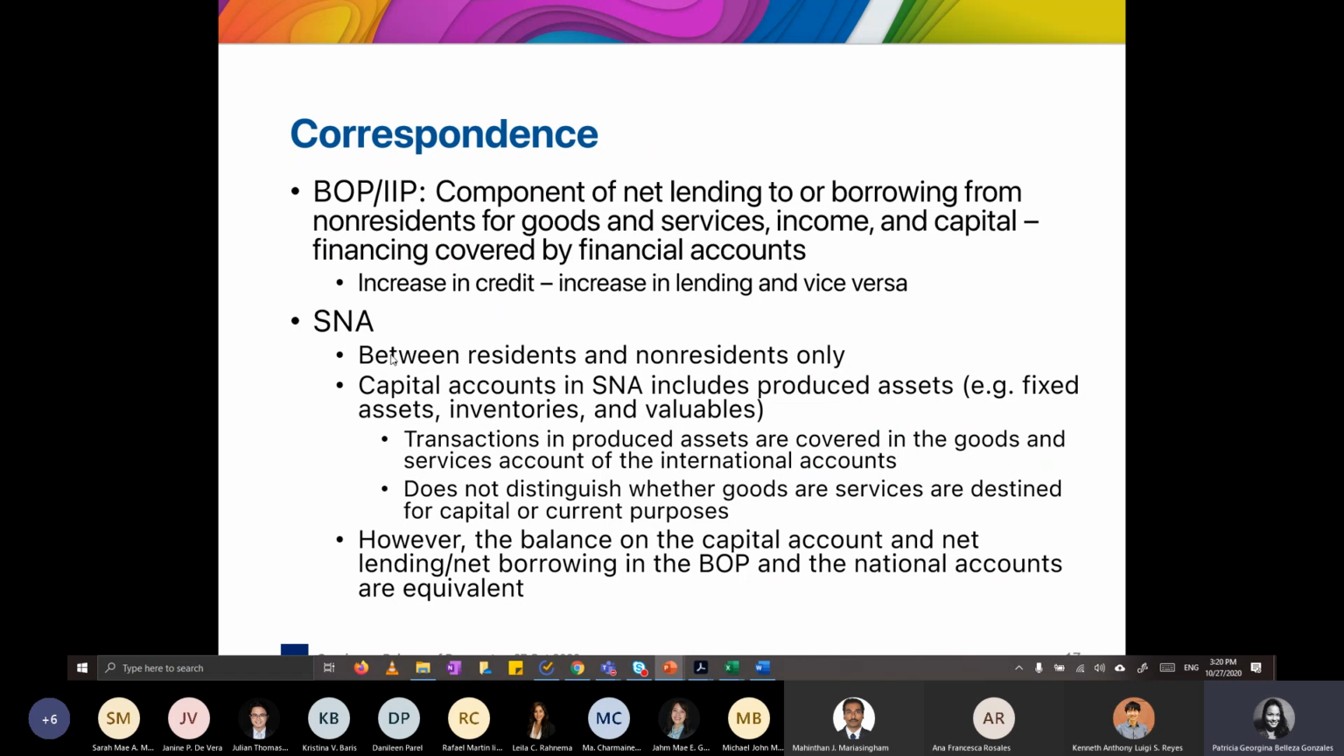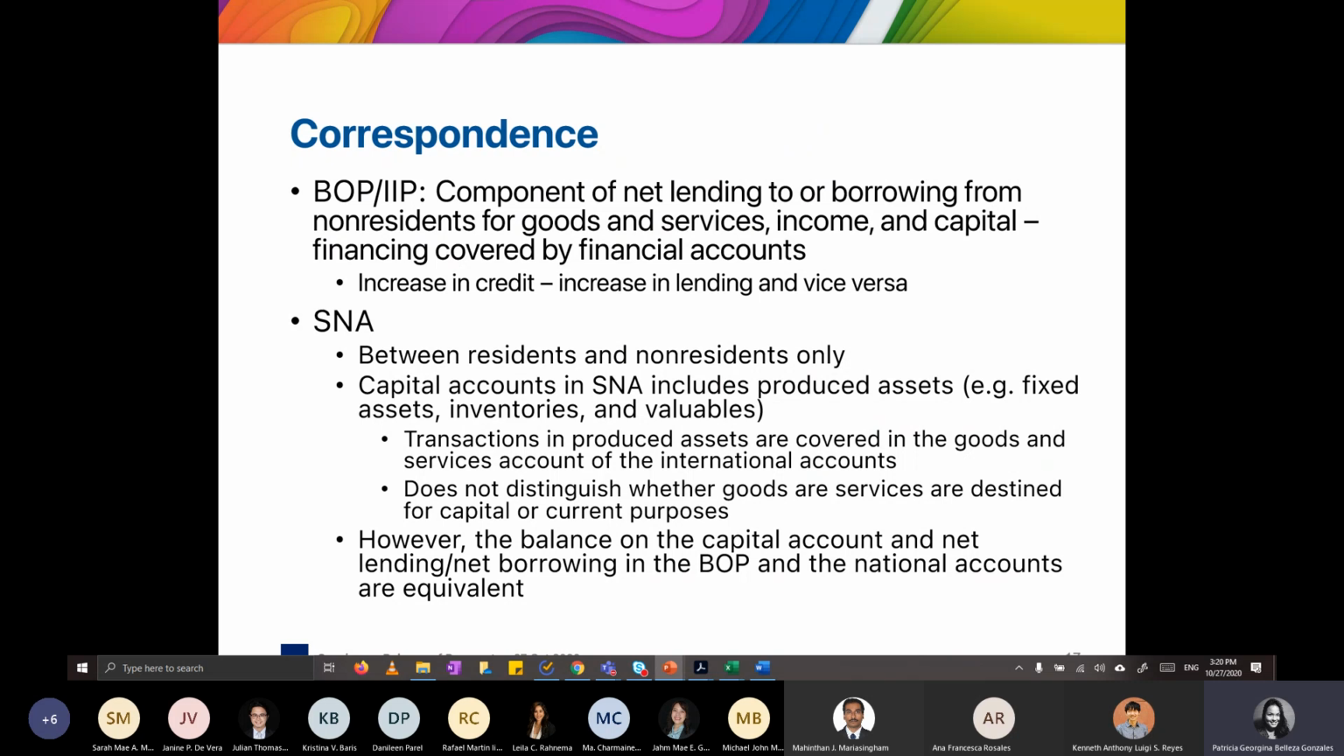So for the SNA, it's a subset of the capital account in the SNA, because of the fundamental criteria that it's just between residents and non-residents, so it doesn't include any capital account transactions between residents. And there's this distinction that in the capital accounts in the SNA, produced assets, such as fixed assets, inventories, and valuables, are actually included in the capital accounts. So here in the BOP, these transactions in produced assets are migrated to the goods and services accounts of the international accounts, like